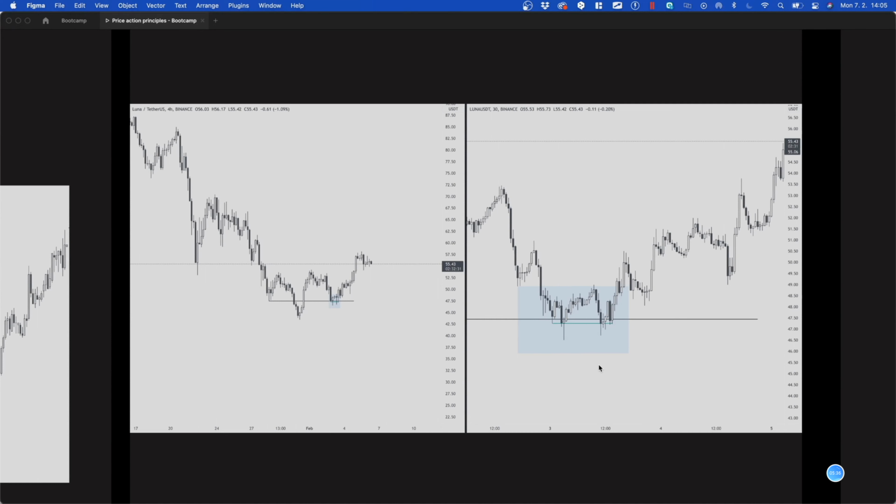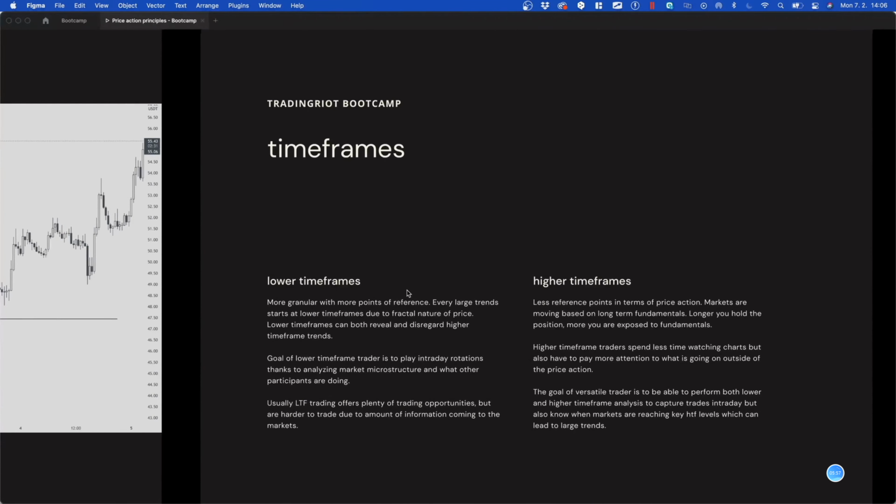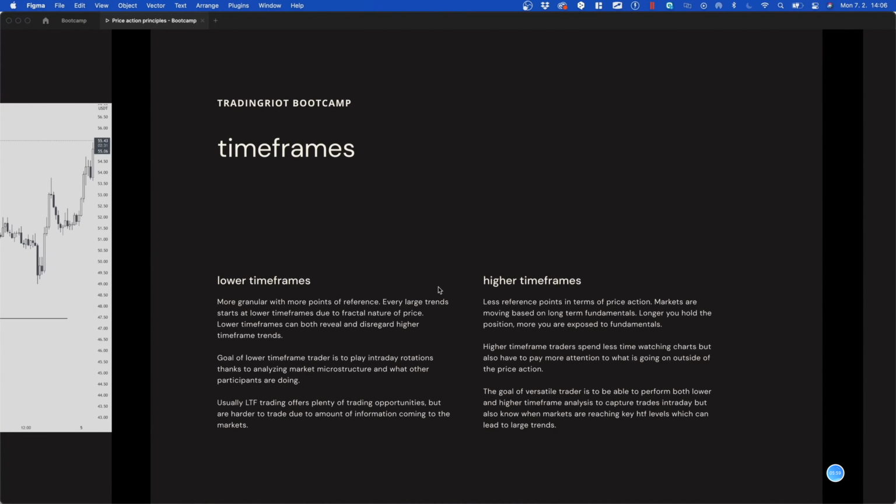So that's one of the things. The lower time frames are much more granular, so although the patterns will be happening over and over again, the probability of them breaching a little bit more on lower time frames is higher than on the higher time frames. And this brings me to the time frames by themselves. Like I said, the lower time frames are more granular with more points of reference. What this means is obviously